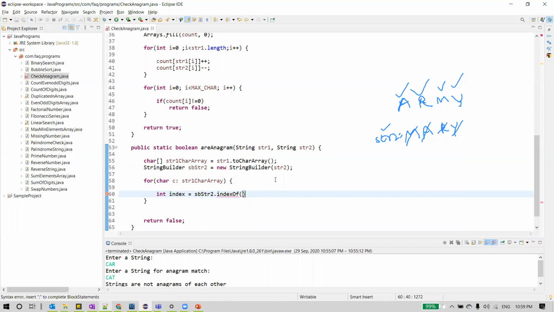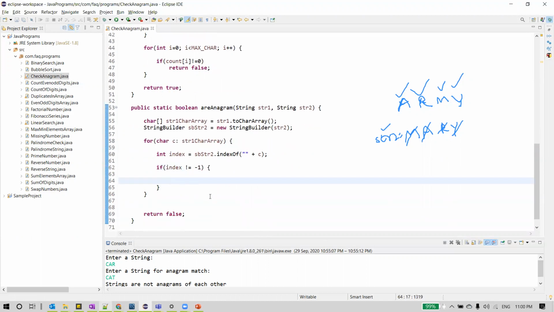As indexOf takes a string, but we have a character here, I'm just appending it to an empty string plus my character here. Now we'll check if it is not -1. If it is -1, then we can directly say, let me write this else part, that the two strings are not anagrams of each other.